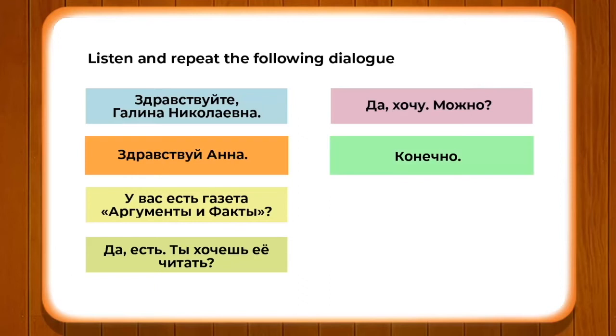Then Galina Nikolaevna is saying конечно, which means of course. It is a very important expression you can also use in order to have a very good conversation in Russian, but this is more like a casual conversation. So, конечно. Спасибо. Anna is saying to Galina Nikolaevna спасибо, which means thank you, and then Galina Nikolaevna is concluding the conversation with